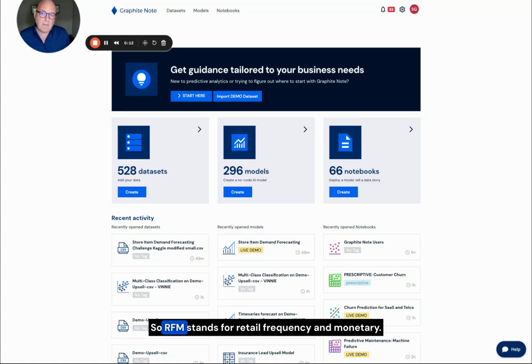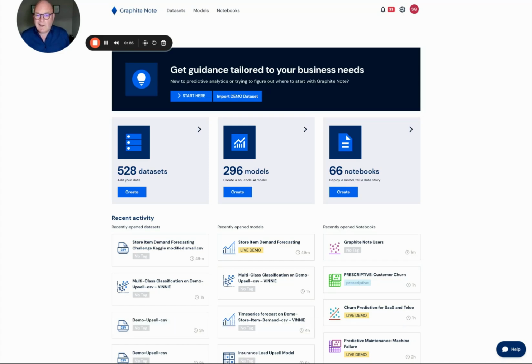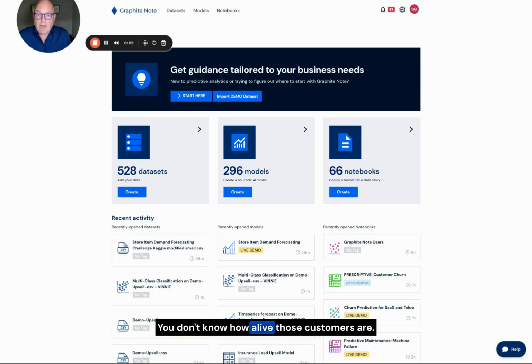RFM stands for Recency, Frequency and Monetary, and this is a very popular advanced analytics model for retail, e-commerce, and service businesses, or any businesses where they have non-contractual relationships with their customers, i.e., you don't know how alive those customers are. So what I'm going to do is go into the home page of the